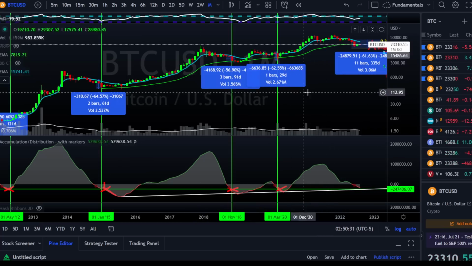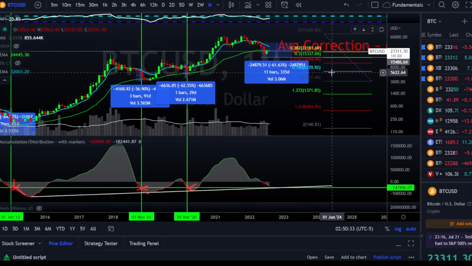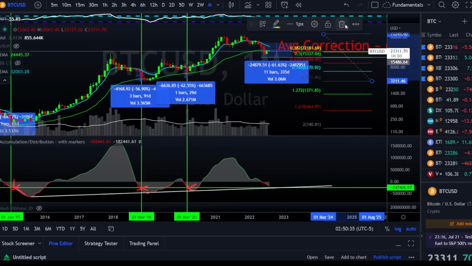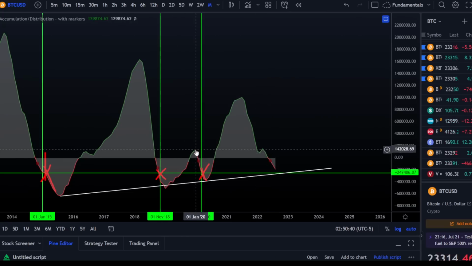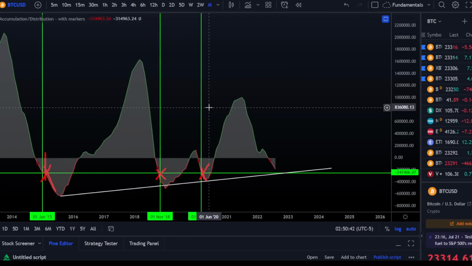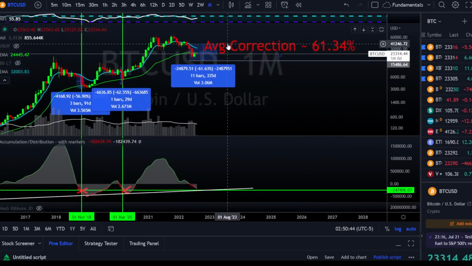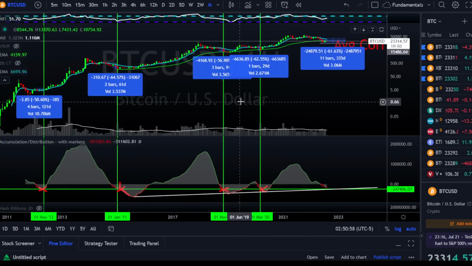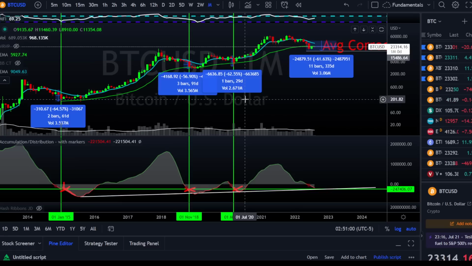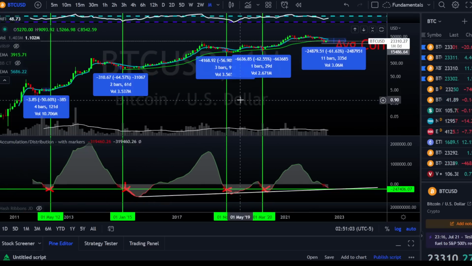So with that in mind, what I've also done here is I've done a statistical analysis on the average correction. Make sure you get rid of this for now. From the time when the indicator itself turns red to the time when the actual low is put in. And you could call this correction, you could call it a crash, because it is a crash, obviously, but 61%, god damn it. But yeah, did average out to about 61.34%. So again, there's not too many iterations with this, but for the ones that we do have, there actually isn't that much variance with them, which is interesting.